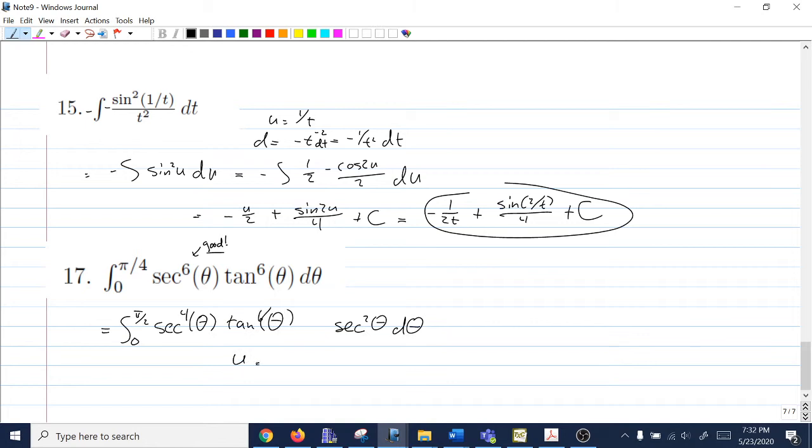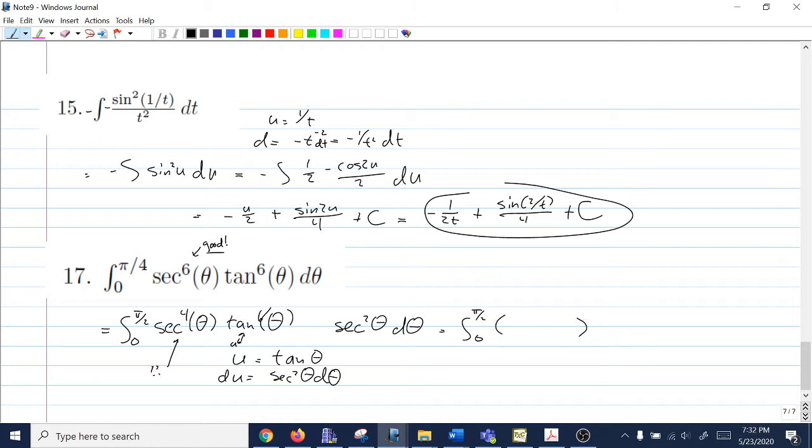The useful substitution is going to be u equals the thing whose derivative is secant squared. What is that? Oh yeah, that's tangent. I want u to be tangent theta, because then du can be secant squared theta, and hey look, I have a secant squared sitting over there. This is fine, that's going to be u to the 6th, but what am I going to do about this guy? Well, that guy's going to be handled because he is